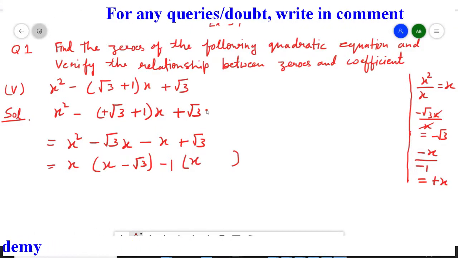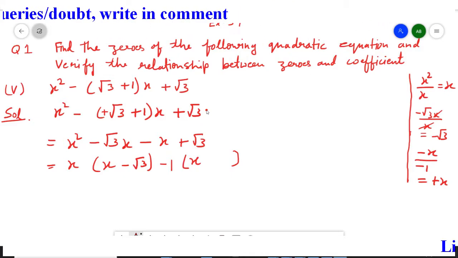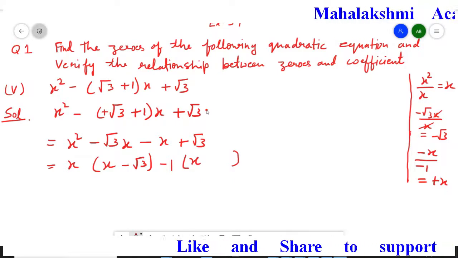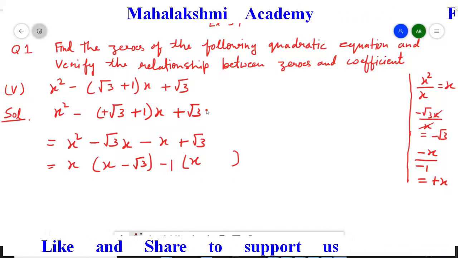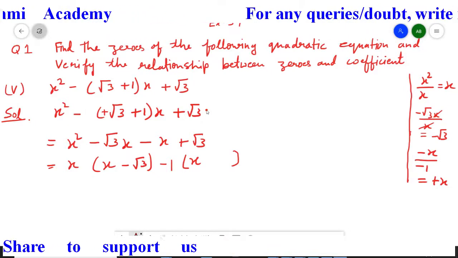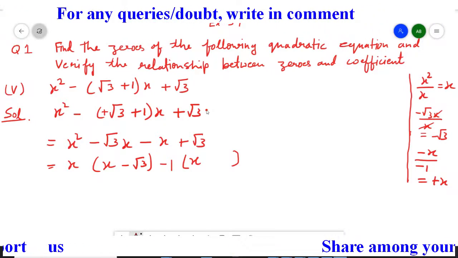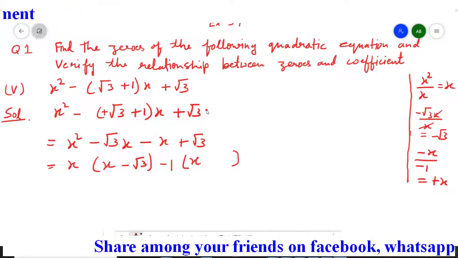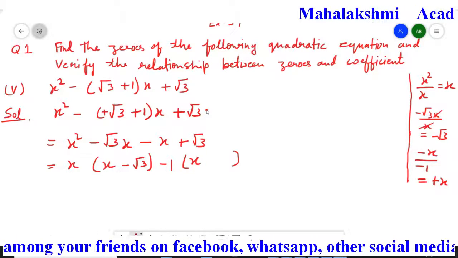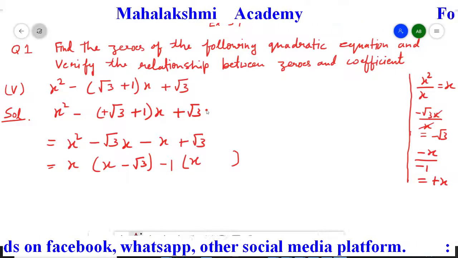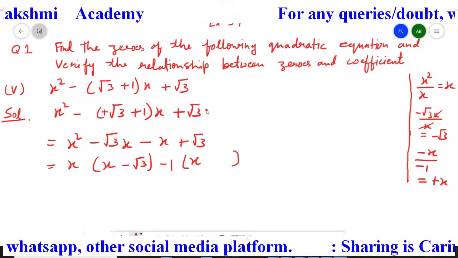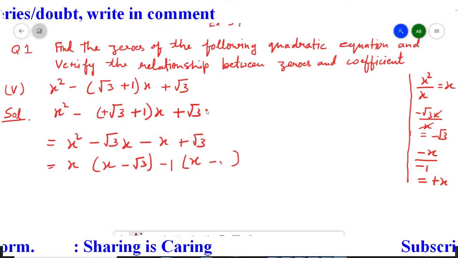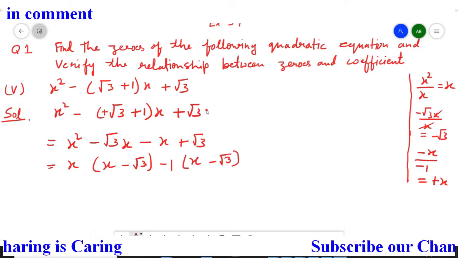Now why did I take 1 common? Because except 1 nothing is common between them. Now the confusion is plus 1 or minus 1. For that you have to check what sign you want in the previous bracket. So x has plus sign, so you need here plus x. So plus x you will achieve only if you divide this minus x by minus 1. So like this you have to decide the sign here. Now plus root 3 when you divide by minus 1, plus divided by minus gives minus, and any number divided by 1 gives the same number. So root 3 will come here.